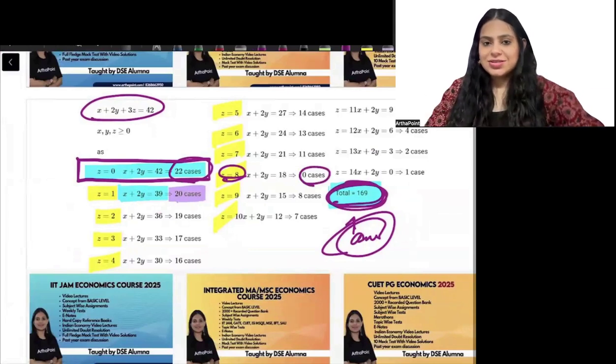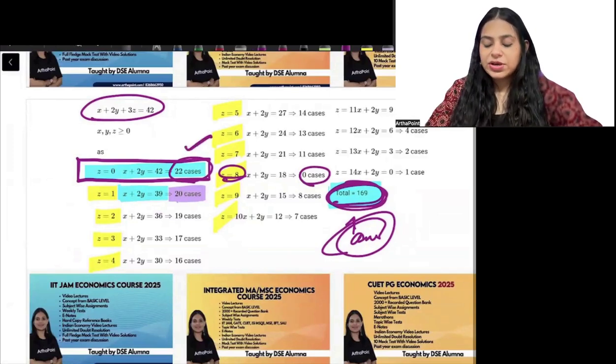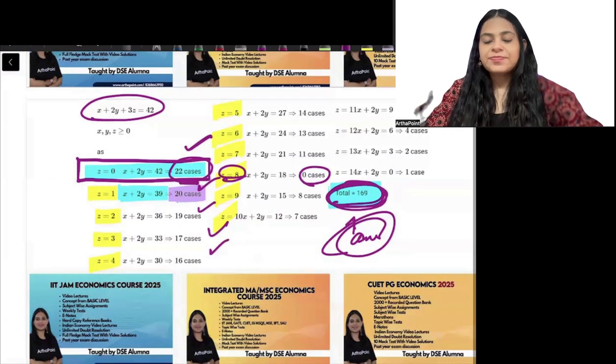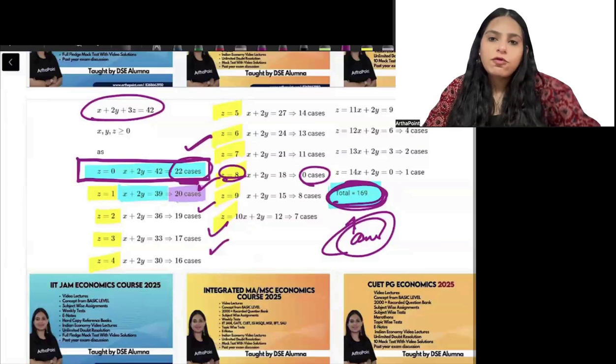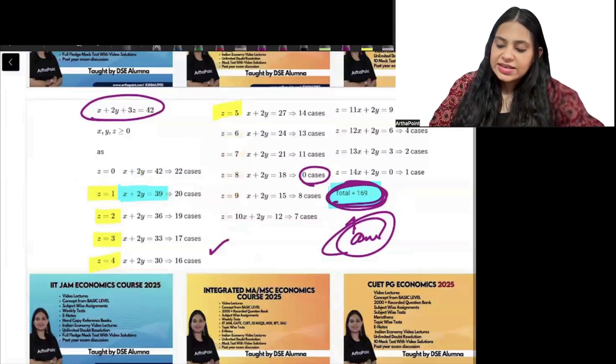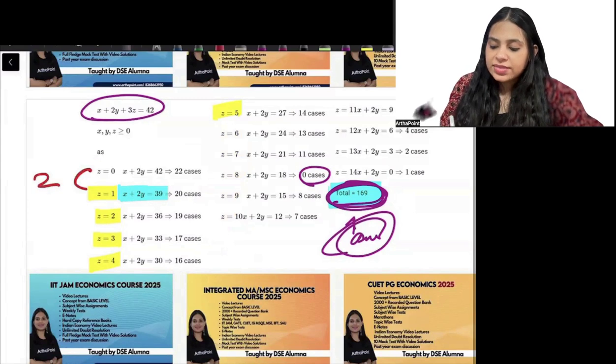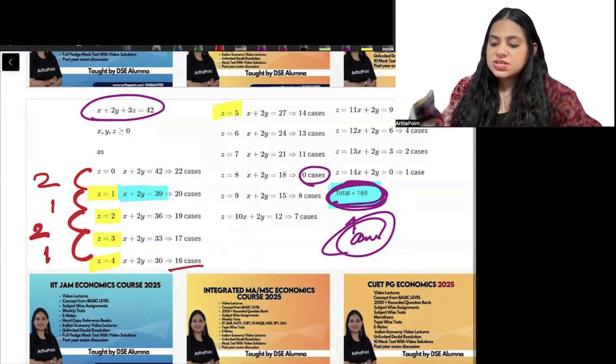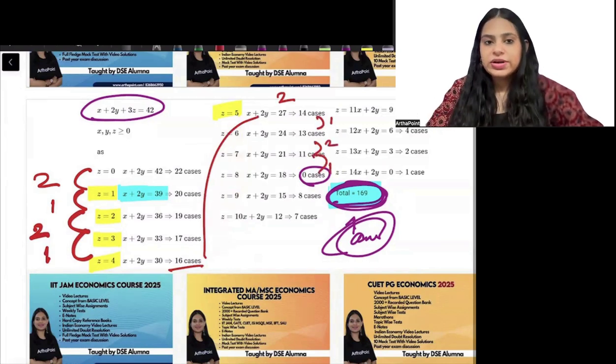Once you start doing this, you can sometimes realize the pattern formed. But I really don't want you to take a risk. For example, here I'm going from 22, 20, 19, 17, 16. The gap is 2, and then the gap is 1, and then 2 and then 1. And from 16, I'm going to 14. So the gap is 2 and then 1, and then 2 and then 1. If you can formulate this pattern,